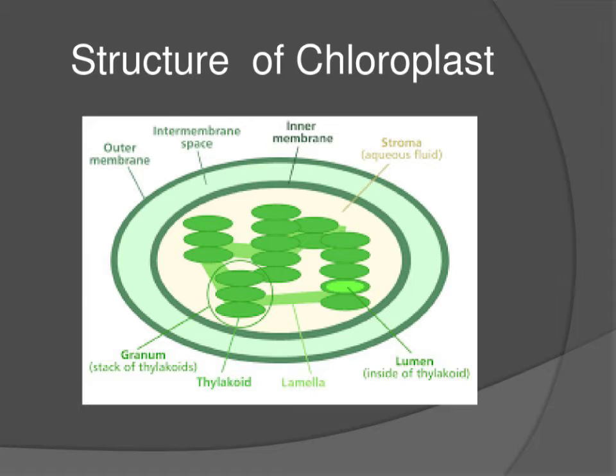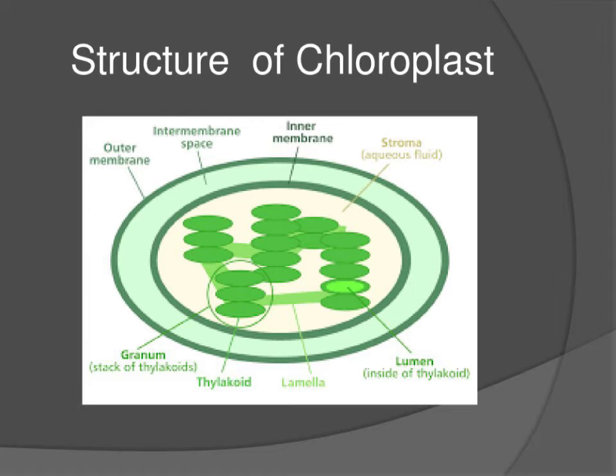And then the third one is thylakoids. Thylakoids consist of thylakoid membrane and enclose thylakoid lumen. You can see some disc-shaped structures in green color. Those are your thylakoids in the diagram. These thylakoids are arranged one above the other, like how you would arrange discs one above the other. This entire structure of thylakoids arranged one above the other is called grana.